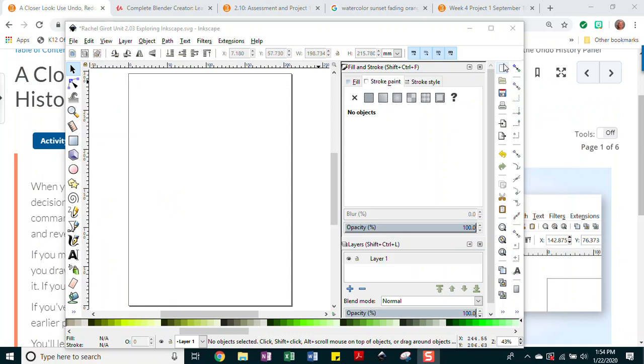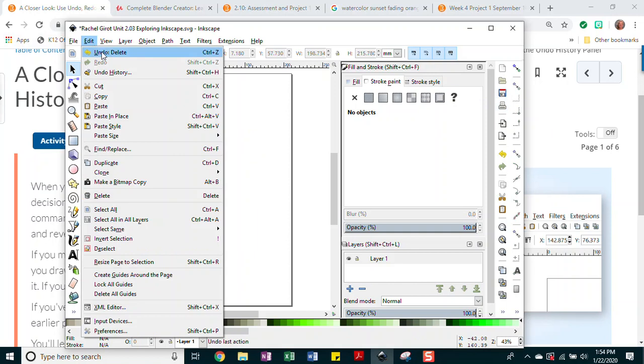So when I'm looking at my Inkscape, remember my commands are over on the right, and this is my undo and this is my redo. I also have a save button over here, so I can just quickly keep saving by just clicking right there, which is pretty convenient. You also can just click edit, undo, and that is the Control Z command. Okay, in Inkscape, redo is Shift Control Z. I know that sometimes we get used to Control Y in other programs to redo, but it's Shift Control Z